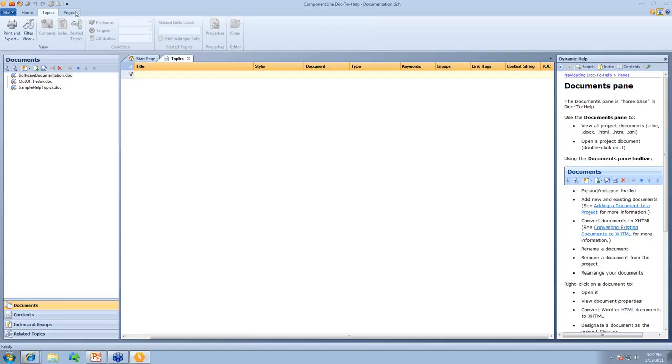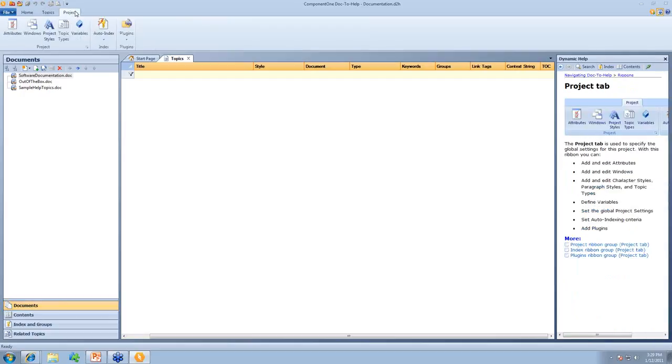And one of the other things that it can do for you, if we go back into the Project tab, again, where you would set things up to be universally true or universally false throughout the project, we can also go to Auto Index. So if I click on Auto Index, these options drop down here. And so for Doc2Help to automatically create an index for me under Auto Index, that's a good place for it, right? In order to have Doc2Help create an index for me automatically, all I would need to do is check